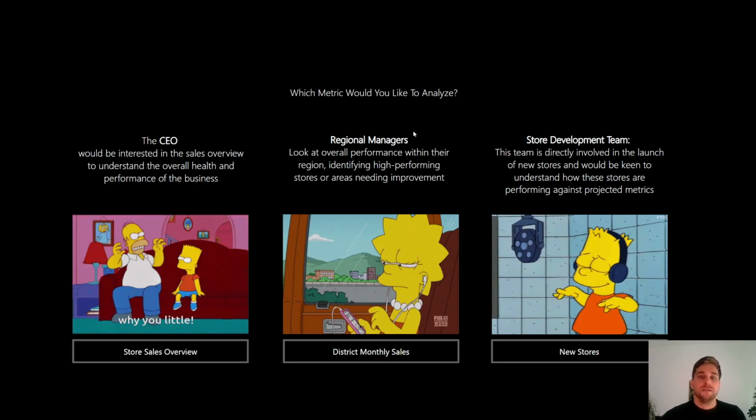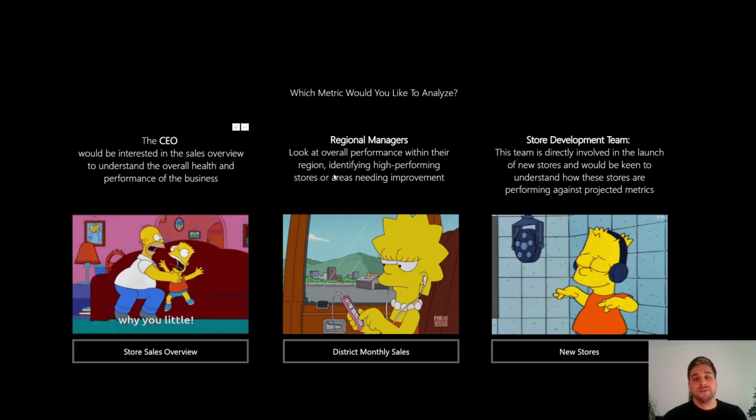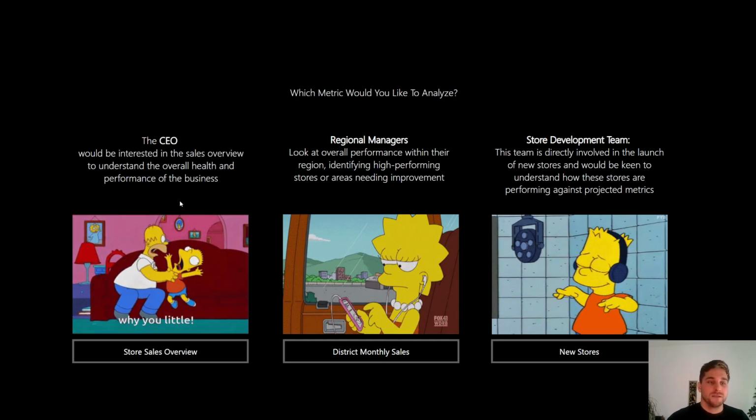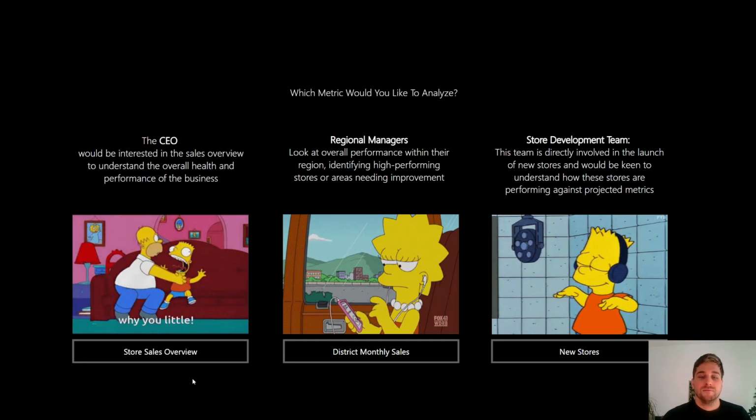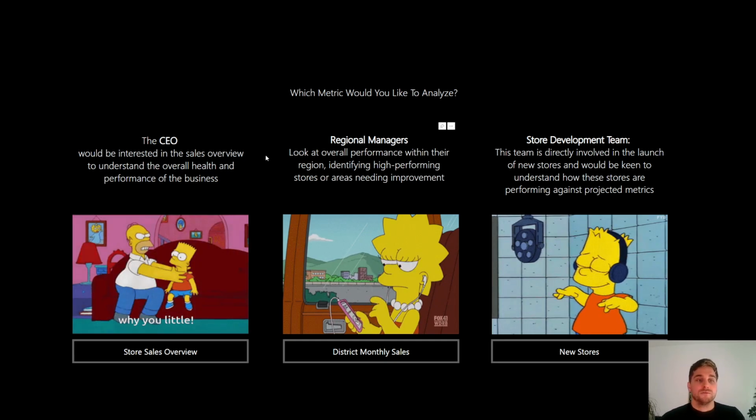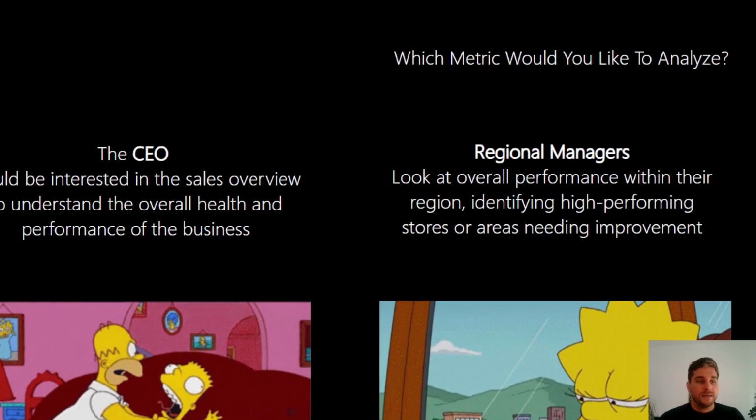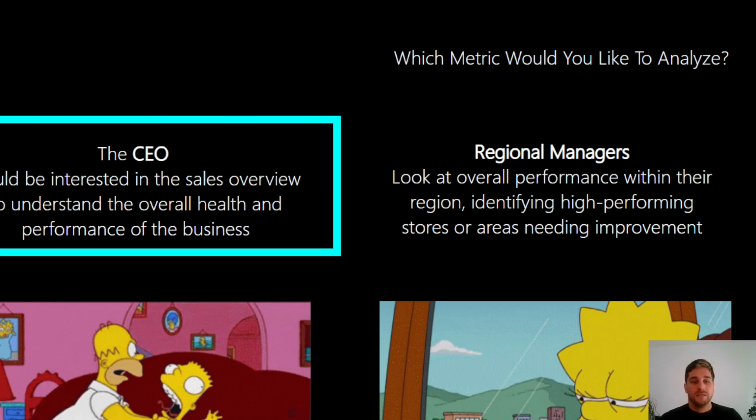And of course, each of those profiles is able to navigate to different levels of the information, but this first overview gives them the recommendation and suggests what they might be interested to look at. So the CEO gets the general overview of the information.